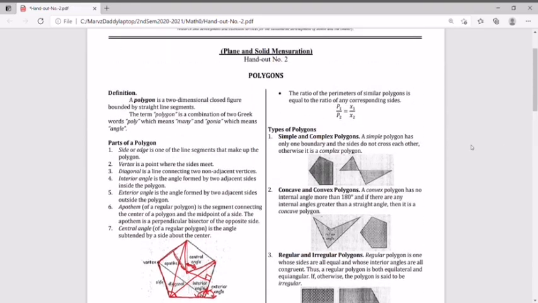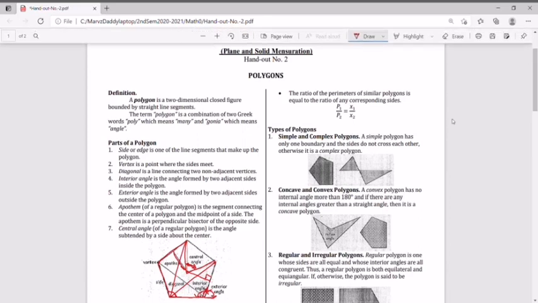And lastly, the ratio of the perimeters of similar polygons is equal to the ratio of any corresponding sides. So perimeter for the first, since we have a rectangle, if you remember, that is 2 times 2 plus 2 times 4. And the perimeter of the second, the larger rectangle, is 2 times 4 plus 2 times 8, right? Then x1,